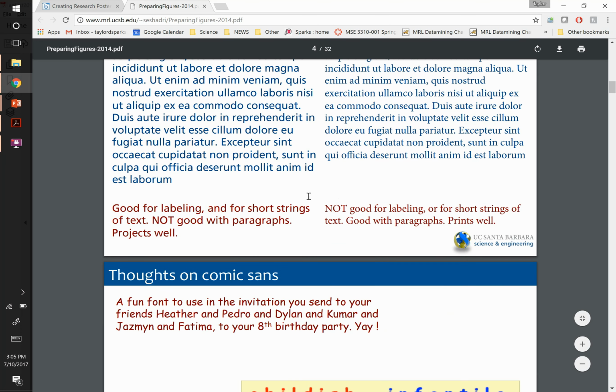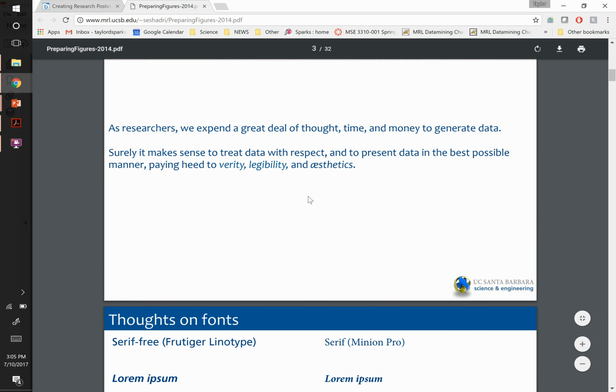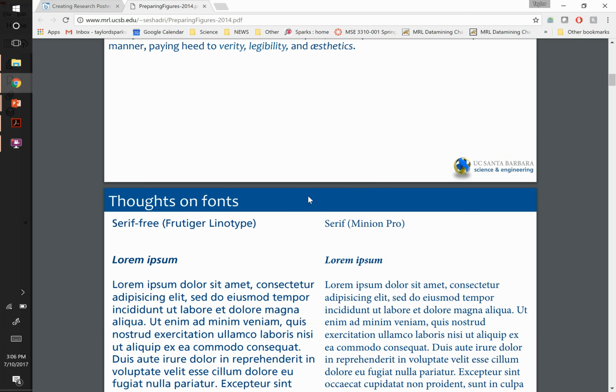nice figures. First off, I like this that he puts together and he says, as research, you're going to spend a lot of time, money, effort, spending other people's money, for example, to gather your data and to generate it. You owe it to yourself, to your readers and the people who fund it to make it as easily interpreted as possible, right? You should try and make this as easy as possible because a lot of work has gone into it, right? So don't just hodgepodge it all together. Actually take the time to think about your reader and tell them a story that's going to be meaningful